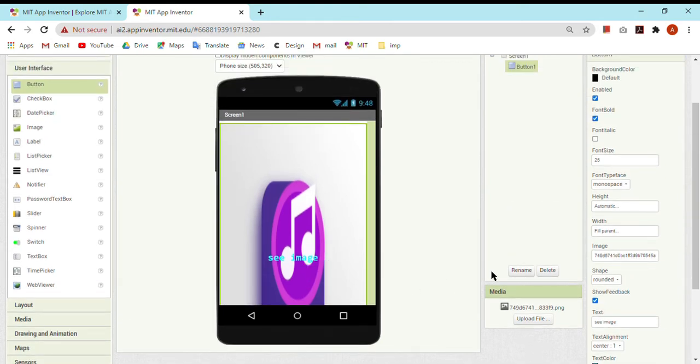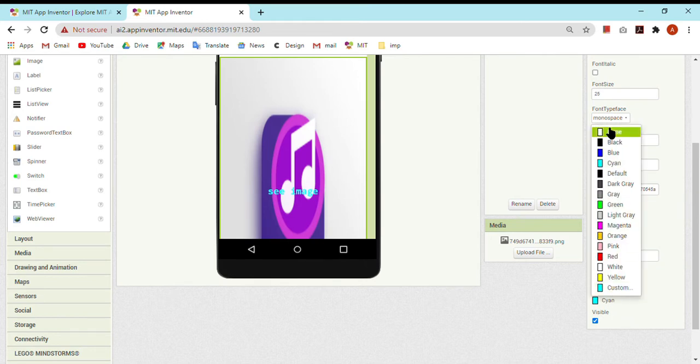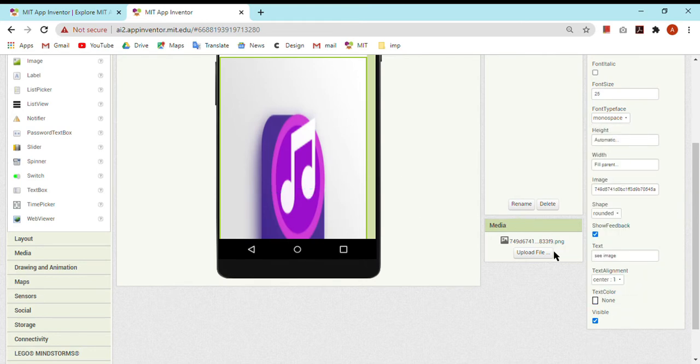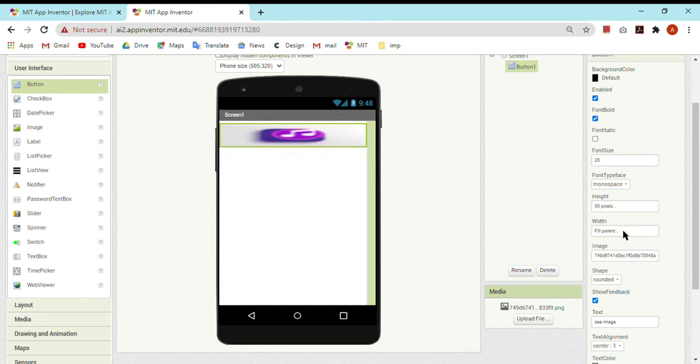But remove the text first or just set it to none, otherwise it will not be seen by anyone. Now change its height to, suppose you are working in pixels, 50 pixels, and width again 50 pixels. See, arrange according to yourself.